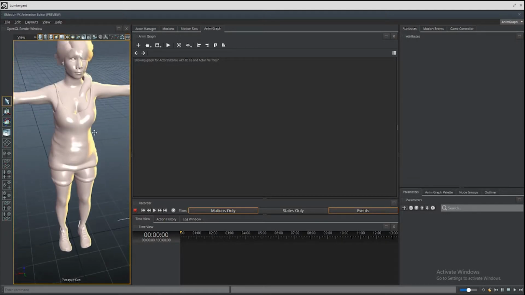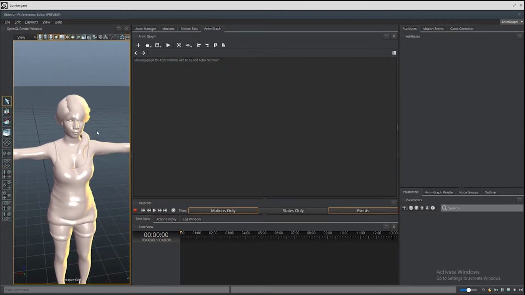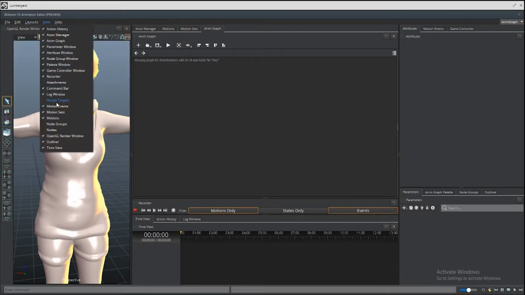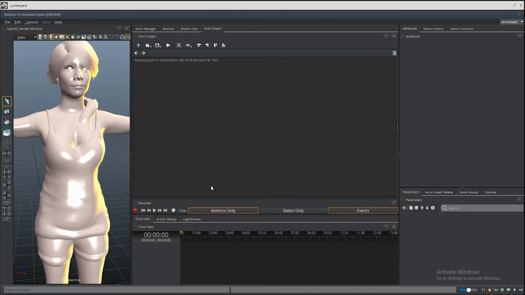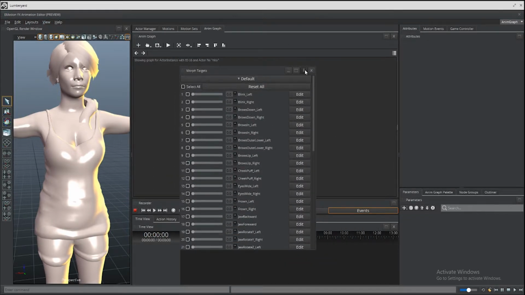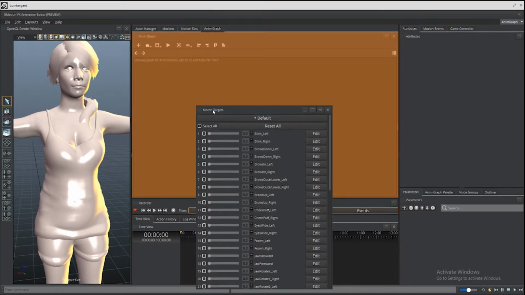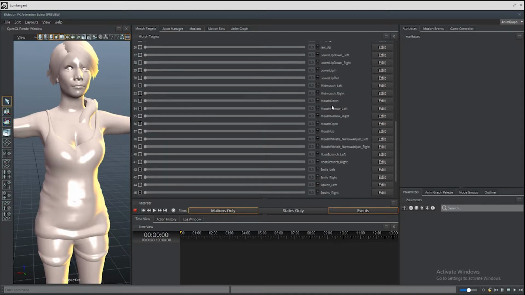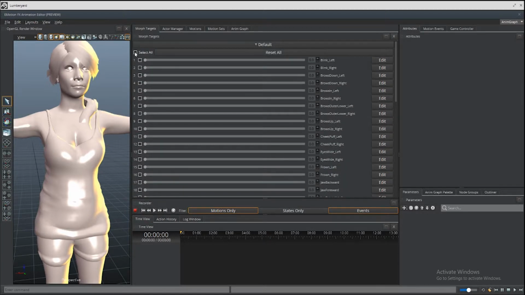Really quick, if I bring it down on her face so we can get a good view, and go to view morph targets, let me see, I need to place this. Actually, let's click that there and do that. So as you can see, we have a whole bunch of built-in morph targets here for the jaw, the mid-mouth, the mouth, everything. So if I was to click on all of these so I can manipulate all of them,